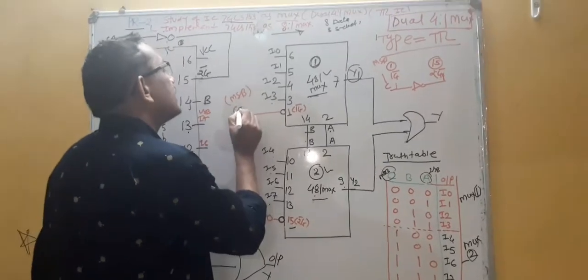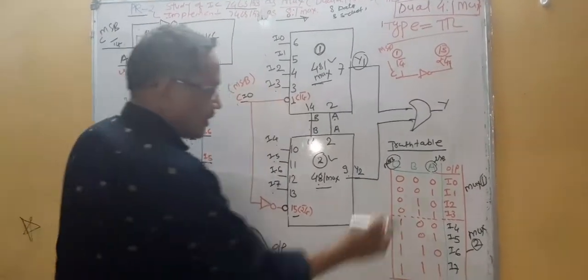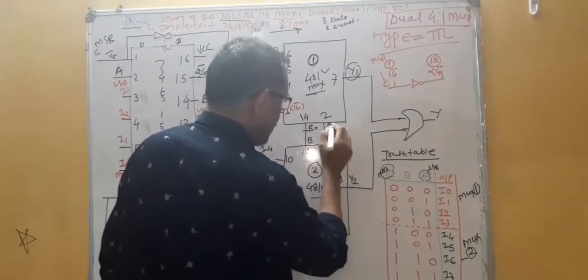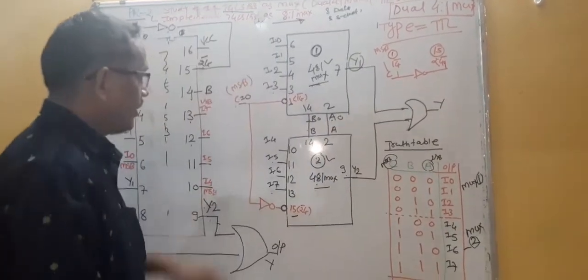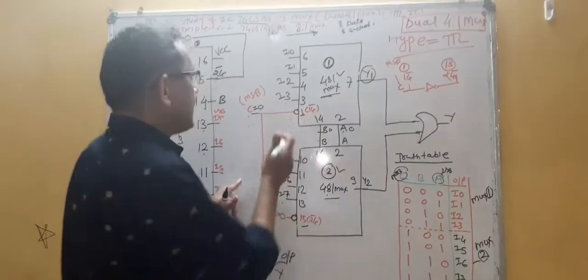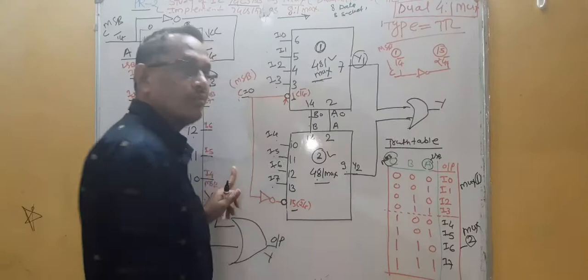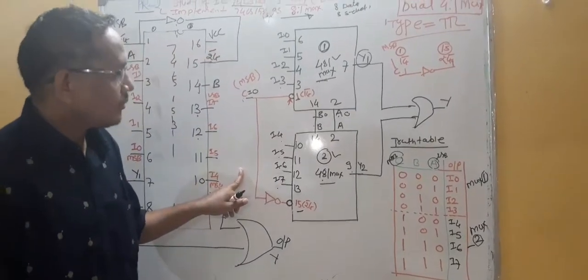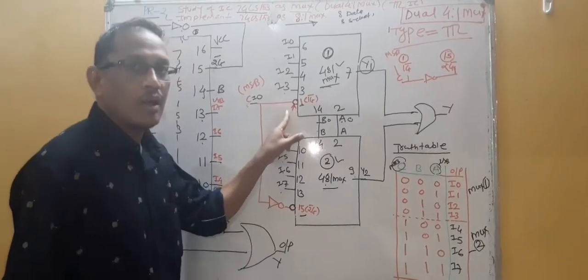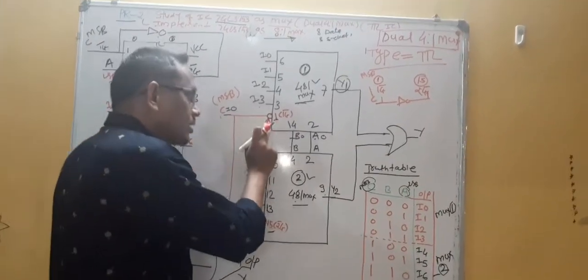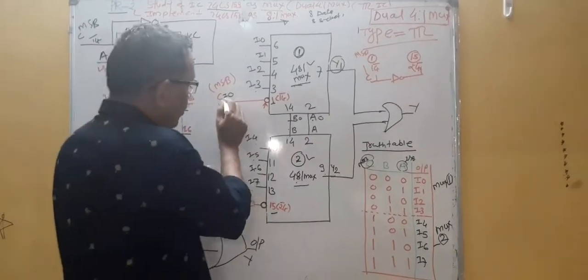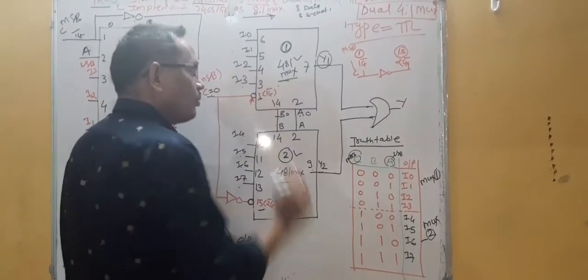Now, if I apply C is equal to 0, first condition, as per this case, this is 0. B is equal to 0, so this is 0. A is equal to 0, this is 0. Look here. This is 0, this is 0, this is 0. What will happen? This is nothing but the active low pin. As per the concept of active low, to activate the particular IC, I will connect this pin to the ground. Otherwise, I will apply logic 0 to this pin number 1. So this is 0, this is active low, so this multiplexer will get activated.